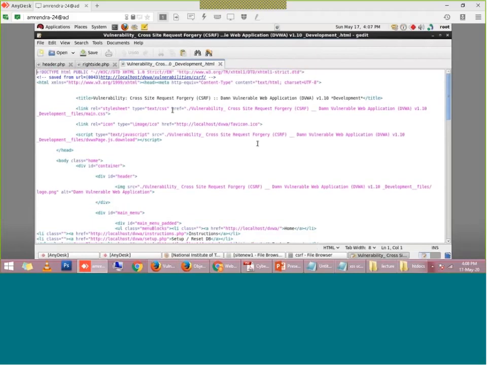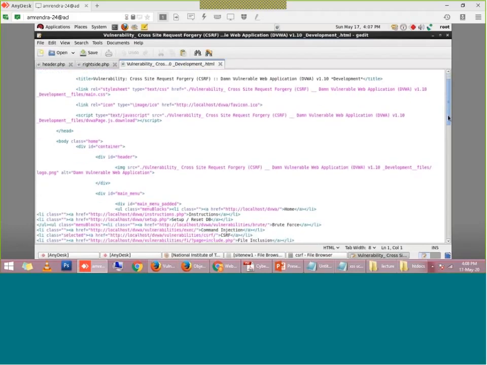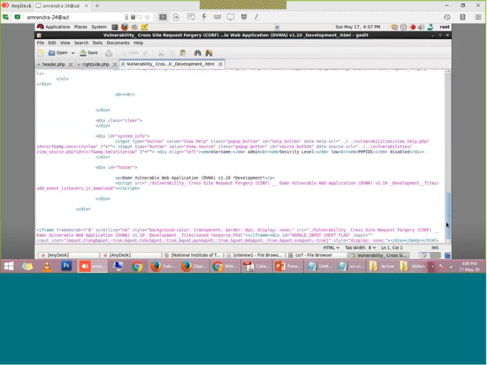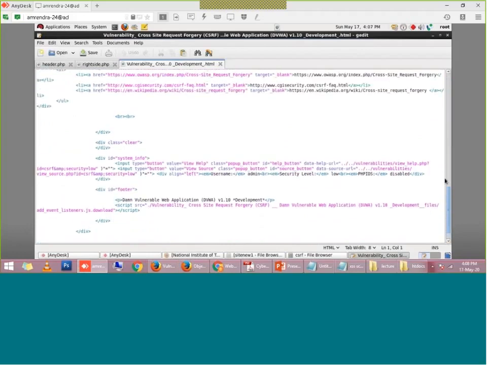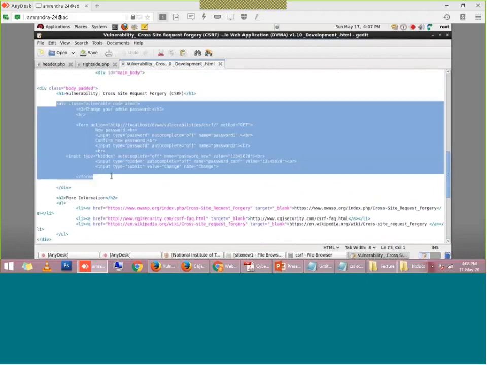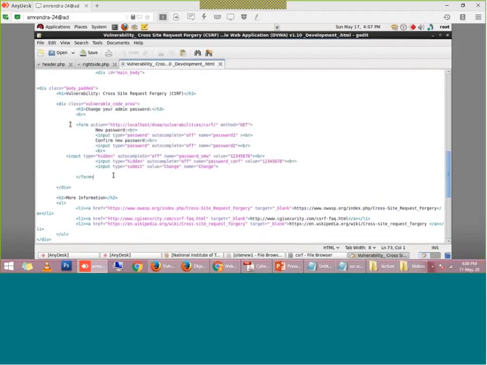If you have a little bit of idea about HTML forms, then I will show you. See this section. What is happening? The new password field is there, the confirm password field is there. But what I have written,